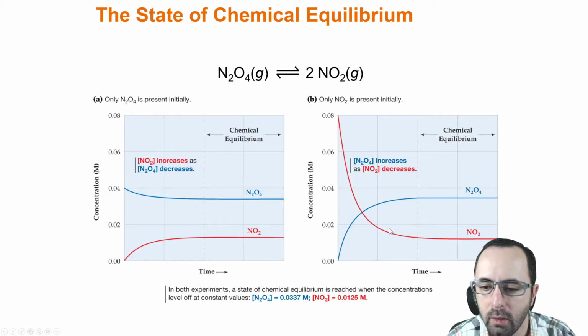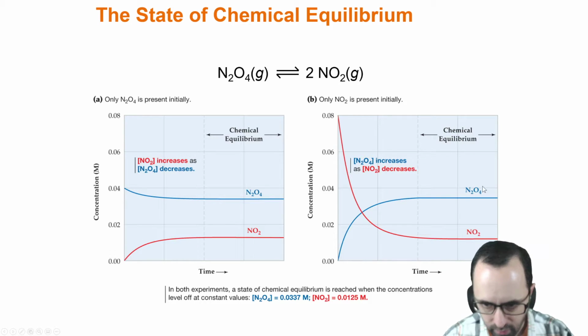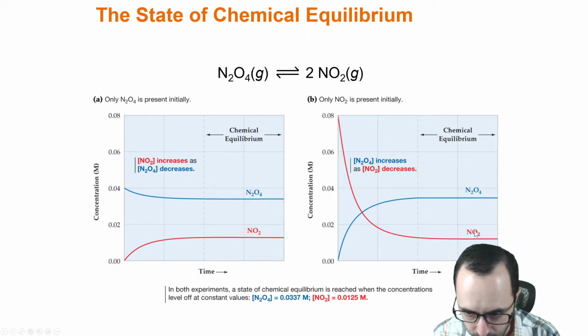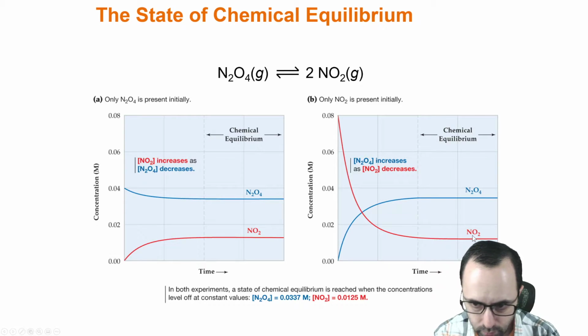So the NO2 concentration is decreasing. The N2O4 concentration is increasing. But even though we started with all NO2 here, in the end, we get the same result. The relative concentration of N2O4 over NO2 is that there is significantly more N2O4 than there is NO2 once we